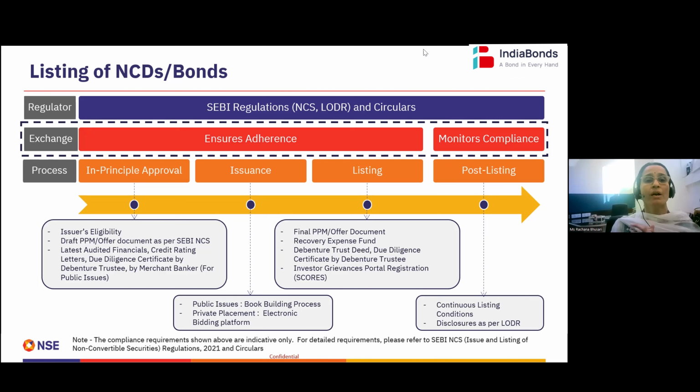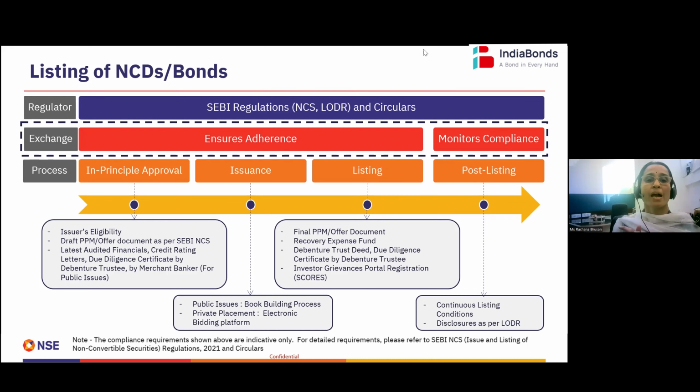And post listing, once the bidding process is done, exchange will also ensure through the clearing corporation that all the funds and the securities are transferred as per the requirements and within the time frame prescribed by SEBI. So that assures anybody who has put in a bid and has been selected to get the securities will get the securities, and the money will go to the issuer. That part is taken care of during the listing process. And once all this is found to be proper, the final listing approval is provided by the exchanges, which ensures that the bond is listed and now available in the secondary market for investors who did not participate in the primary market.